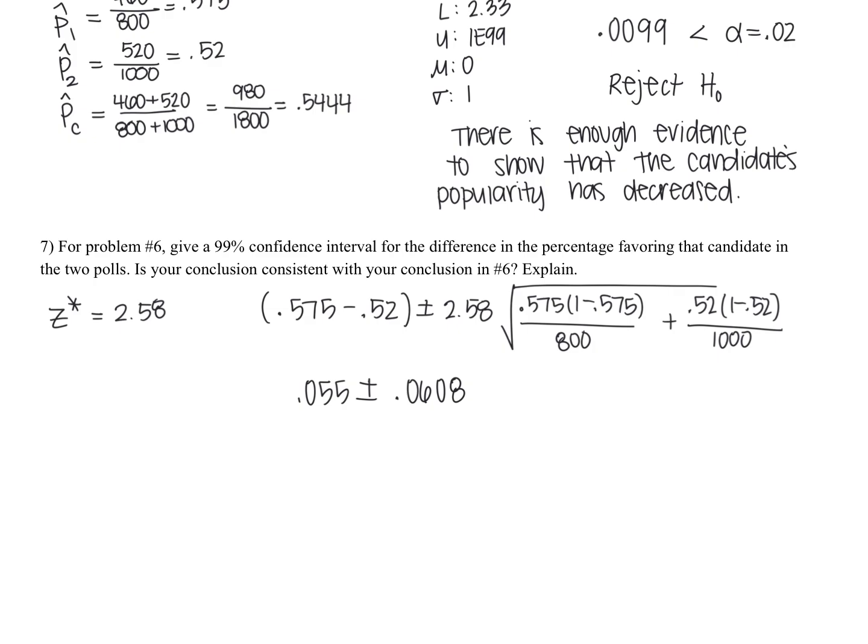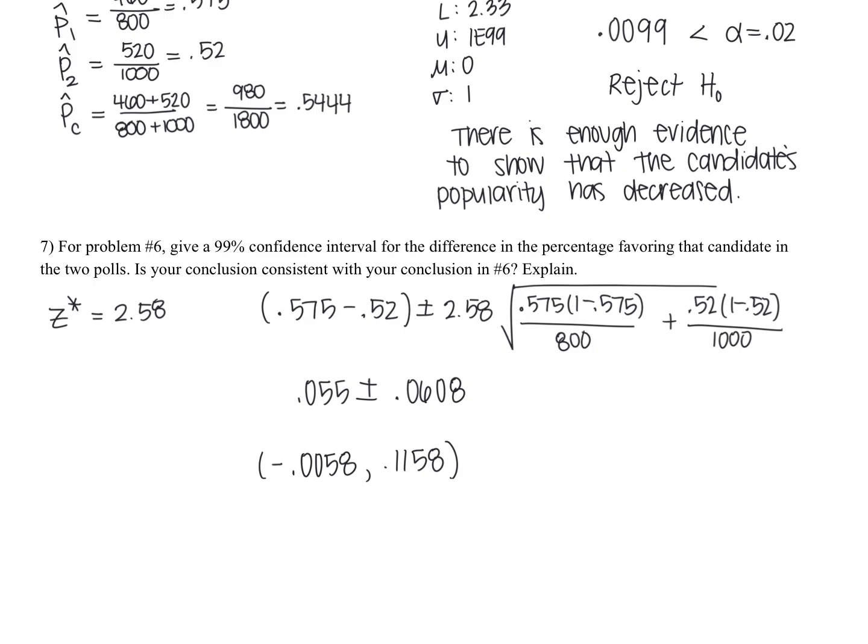So 0.055 minus 0.0608 gives us negative 0.0058. And then 0.055 plus our decimal is going to give us 0.1158. So if I want this to be consistent with my hypothesis, if I want to reject, then